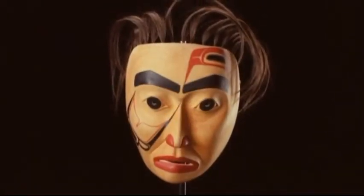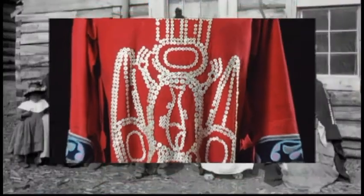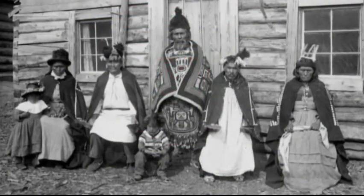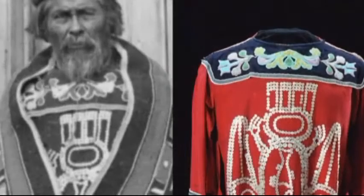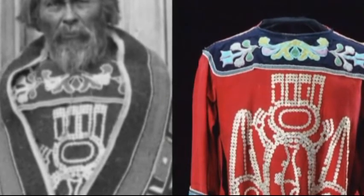It's interesting to think about the connections with families for these objects, because quite often there aren't any recorded, and yet they really do still exist. The people today in Telegraph Creek are still connected to this tunic. And it's really interesting to see how just one photograph can open up all that documentation and make those family connections. So that's part of our work, is to make sure that we work on making those family connections come